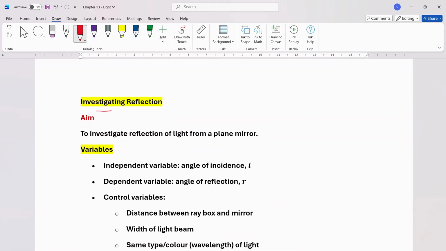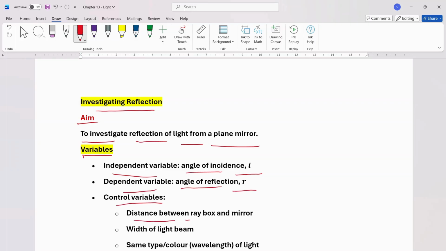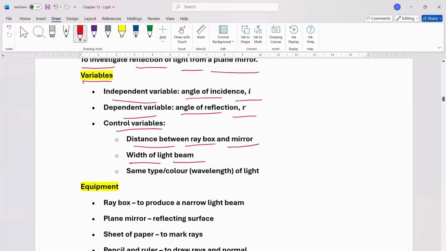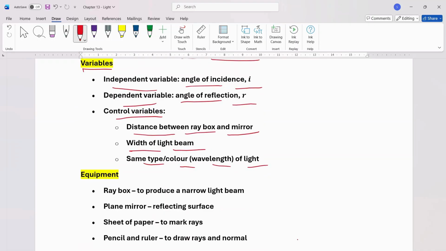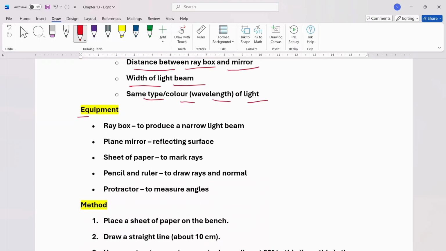Let's investigate reflection now. Aim: to investigate reflection of light from a plane mirror. Variables: independent variable, angle of incidence, I; dependent variable, angle of reflection, R; control variables, distance between ray box and mirror, width of light beam, same type, color, wavelength of light. Equipment: ray box to produce a narrow